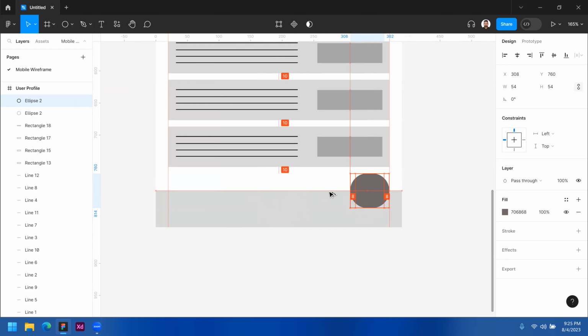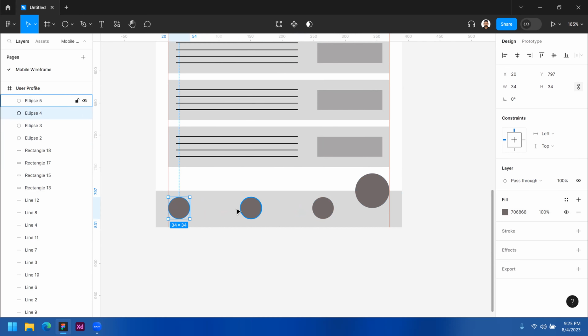So likewise, I'm putting one here. There will be one icon, and the other icon will be a little bit below, so that the user can get the idea where they are. So I'm putting this icon a little bit up. I'm assuming the user icon will be here, and it will be focused because I'm creating a wireframe for the user profile. And the other icon, I'll keep one icon here. So there will be, let's say, a home screen for this one, and this one for the